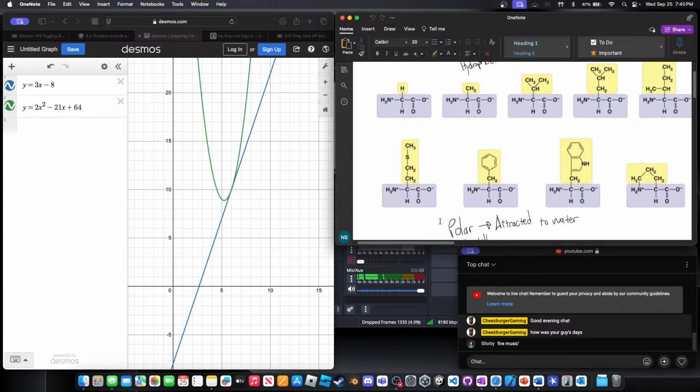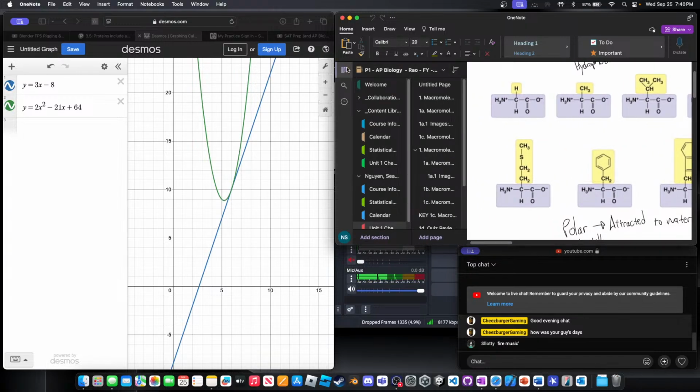Right here. Perfect. I'm actually going to extend this over here so you guys can see that better. Make that really small. There. Alright. We're going to go over